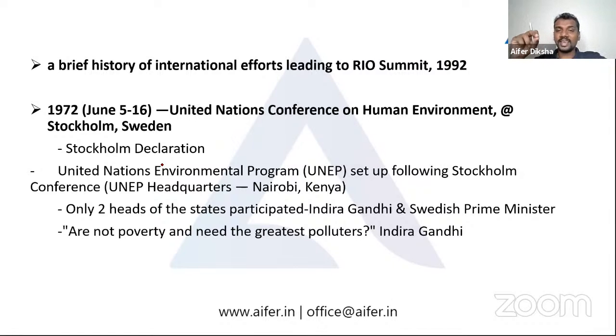A structured environmental conservation effort from the side of the UN started in the year 1972. There were many private organizations and individual efforts for the protection of the environment before also, but for an academic perspective, UN mediated global environmental conservation efforts begin in the year